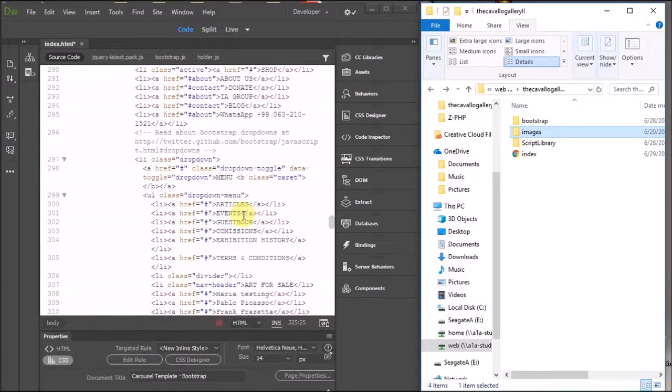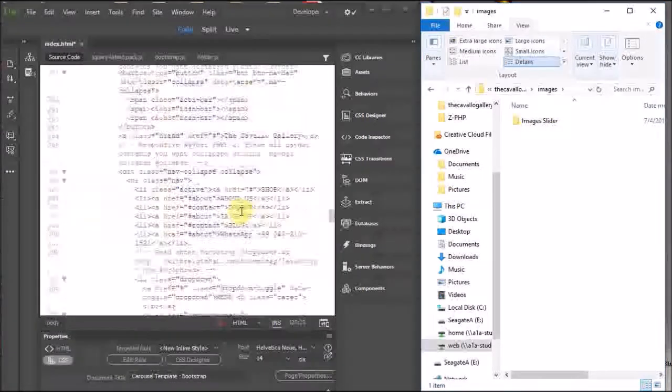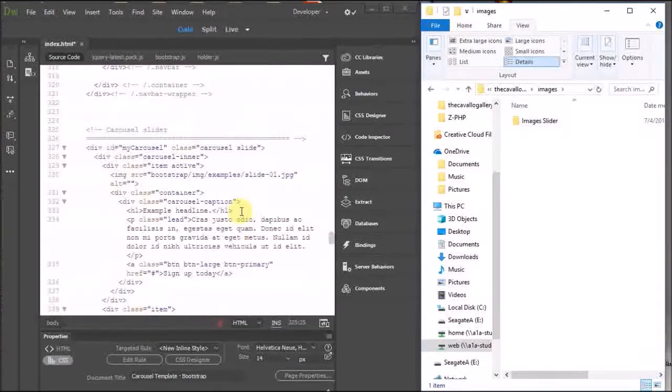Okay, so I'm going to go to my server. I'm going to go to the root folder. Then I'm going to go to the images. So it starts with images. Here it starts with Bootstrap. That's what it starts with. Let's see. Bootstrap, then images, then examples, and there they are. So we have to change that. So we're going to go with